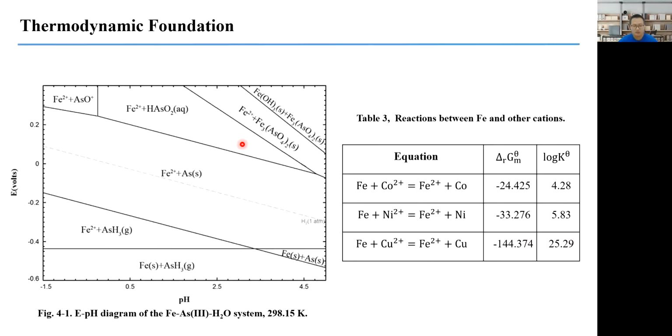So what is the solution? How about using another cheap powder, iron? Iron powder is proposed to solve this problem because iron is much, much cheaper than zinc powder. But when we are using iron powder to replace zinc powder, can we obtain those valuable metals from the aqueous solution? So this is the first question. And the second question is whether we are producing these toxic gases, hydrogen arsenide, as well. Can we solve this problem as well? So this is the second question. Both questions should be seriously addressed before we can